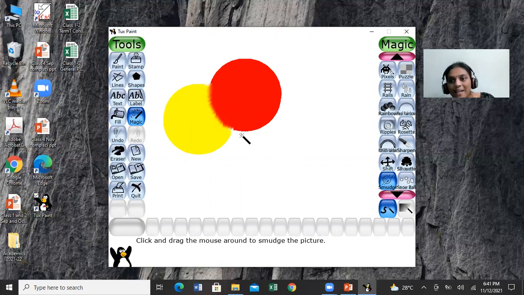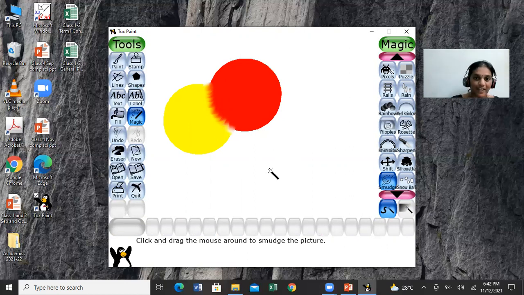I have made the edges of the 2 different objects very smooth. So this is how you can use a smudge effect with 2 different objects. The edges can be made very smooth.